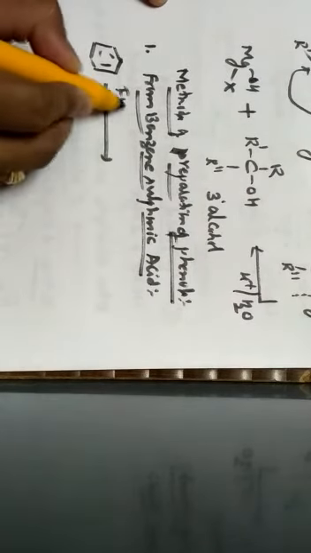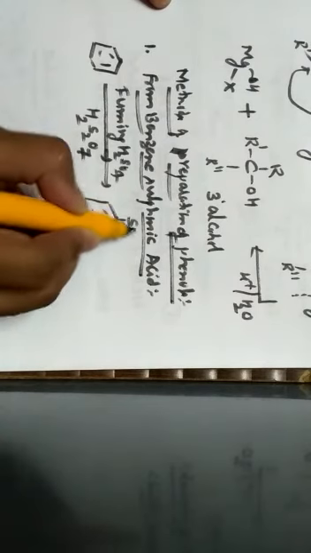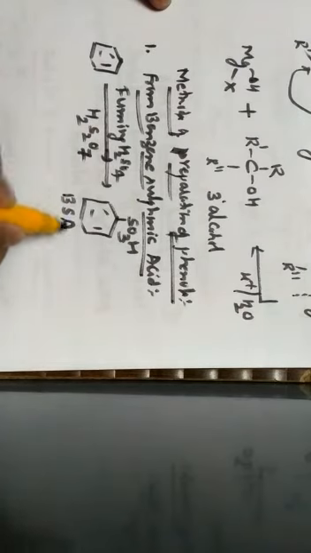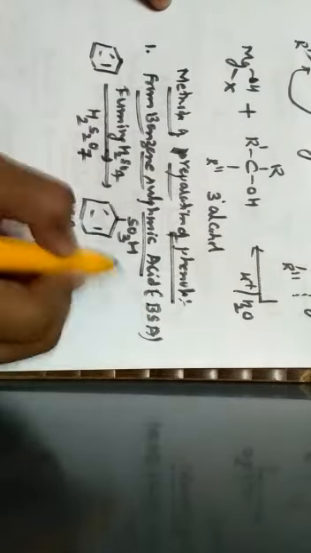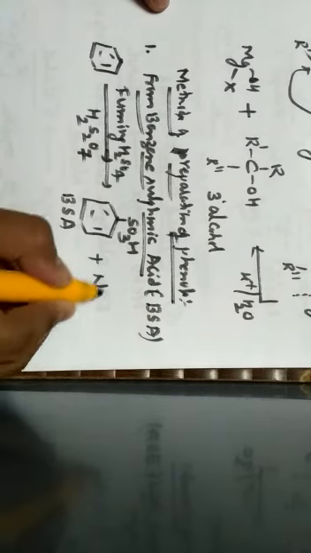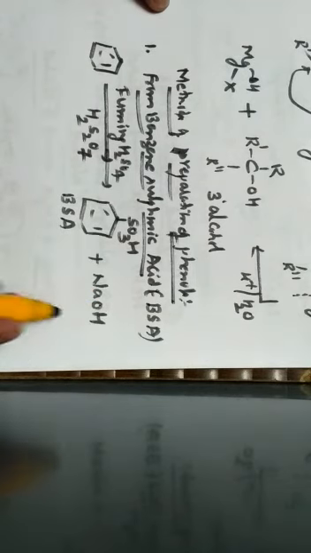So first one, to get benzene sulfonic acid, benzene should be the reactant. So when benzene is made to react with fuming sulfuric acid, so fuming sulfuric acid is nothing but oleum, which is represented as H2S2O7, so that we get a product called benzene ring bound with SO3H. This is known as BSA, meaning benzene sulfonic acid. So further, the benzene sulfonic acid which is obtained is made to react with what?